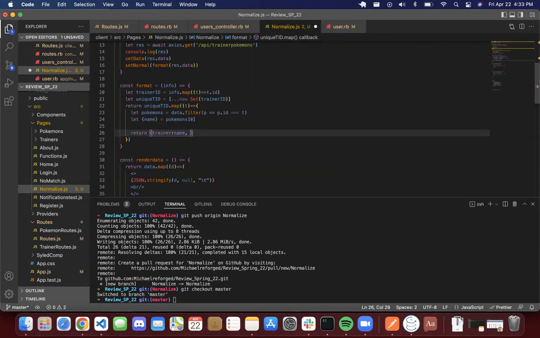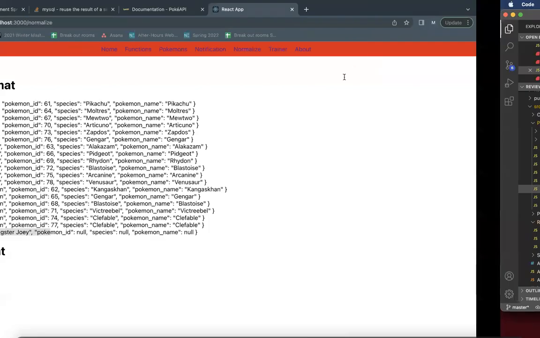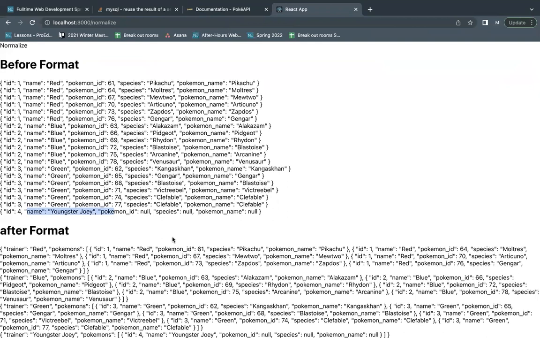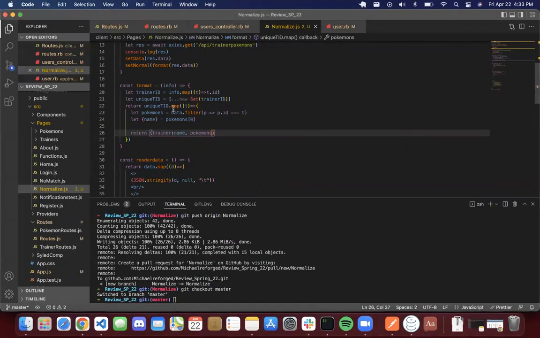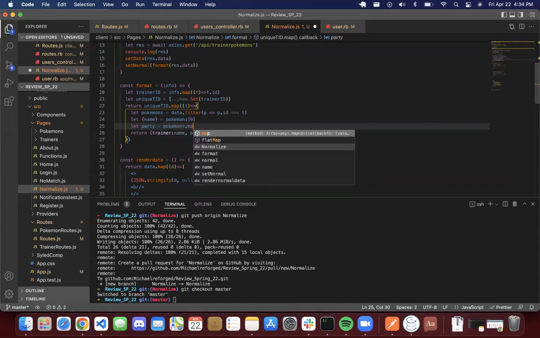And if you want, you could return Pokemons, and this would just give you that. I'm gonna format this so that I only have the Pokemon species and Pokemon name, instead of returning everything of Pokemons. So I'm gonna do a let party. I'm gonna change this to party, and then this is gonna be equal to Pokemons dot map